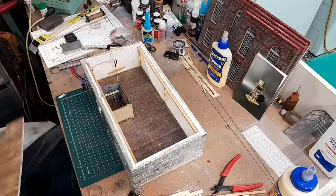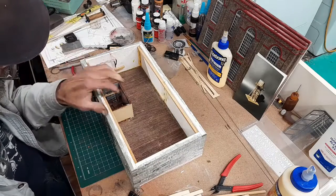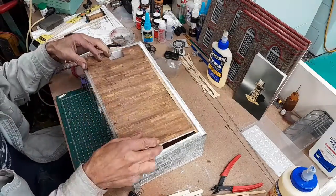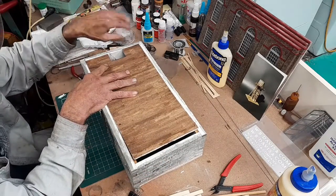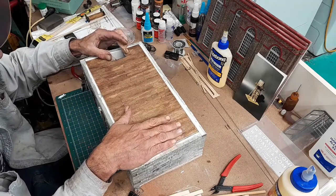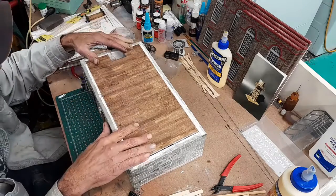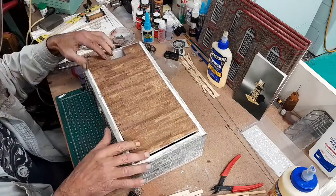Okay, well, I've been pegging away at this. I got my lighting hooked in for this little shadow box. I've got my wires for my upper lighting done. I cut a hole over here where my wire is going to go through, but this is going to be an elevator shaft, and I'm going to do steps over here for the third floor. So I got to get this glued in now. I got my wire set, and I'll build an elevator shaft for here. So what I want to do,